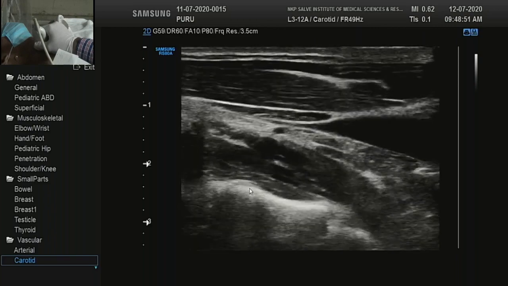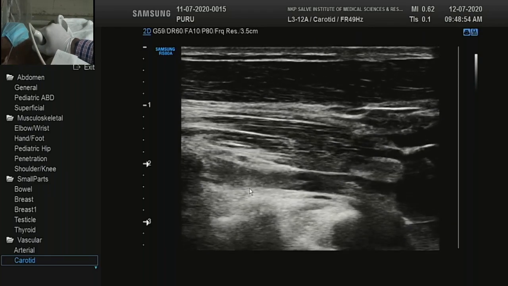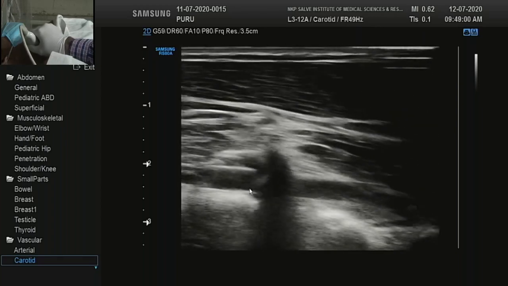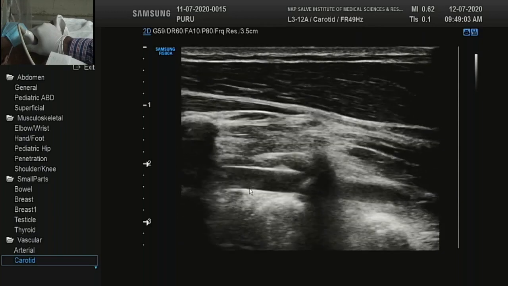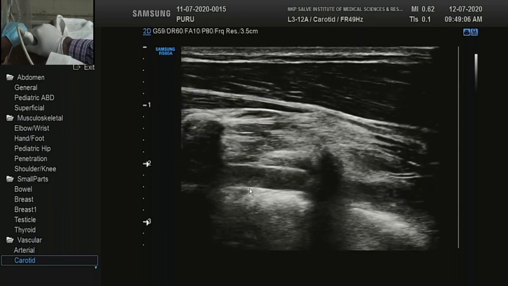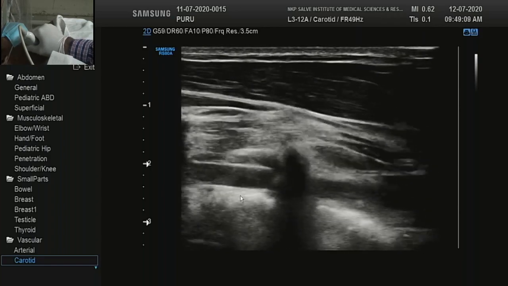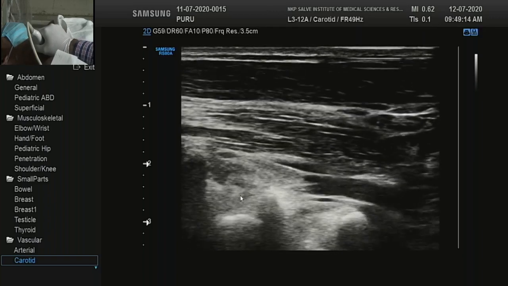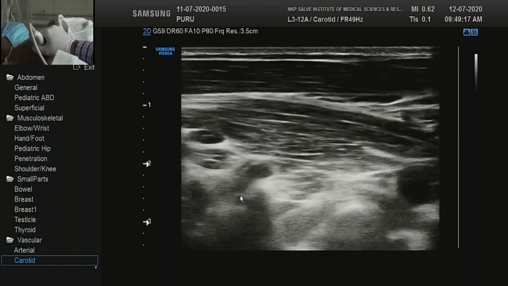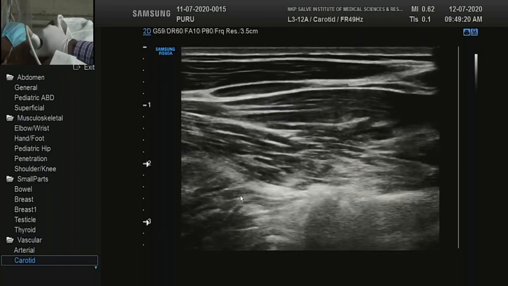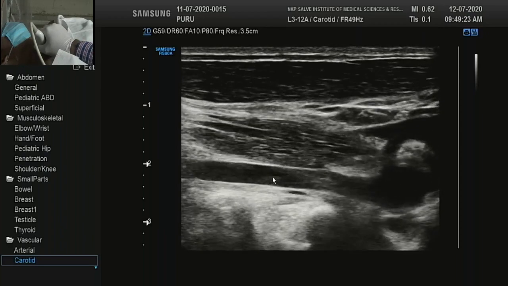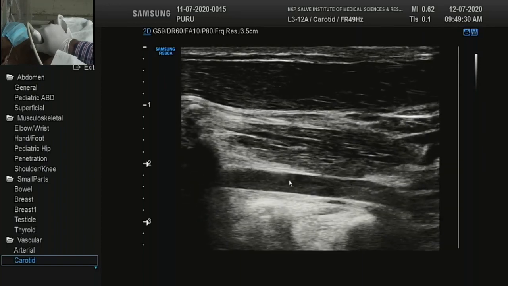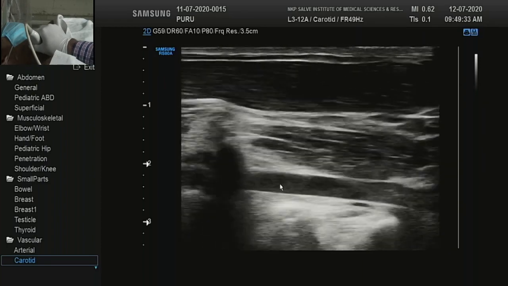Common carotid, just glide your probe laterally keeping the same direction, and most of the time you will be able to see the vertebral artery. Only issues would be in an older patient where the neck is not extending properly, or atherosclerosis or degenerative changes in the spine. So it may make it difficult. But see, the vertebral artery doesn't have any branches in the neck. So wherever you sample the vertebral artery, this will give you information that it is a normal flow. If you can demonstrate normal flow anywhere in the vertebral artery, that should be normal.